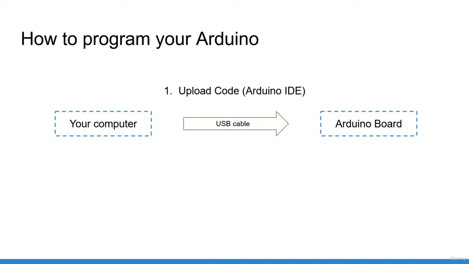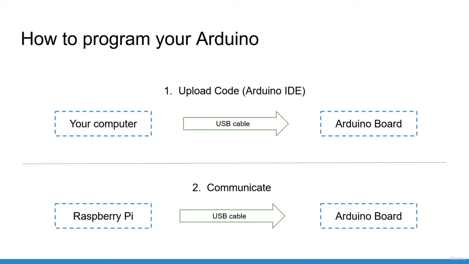Then, when we will make the Raspberry Pi and the Arduino communicate between each other, you will need to unplug the Arduino from your computer, plug it to your Raspberry Pi, and then run a Python program to communicate on the Raspberry Pi. And every time you need to modify something in the Arduino code, you will need to do this process again, which is basically to unplug from the Pi, plug to the computer, upload, unplug, and plug to